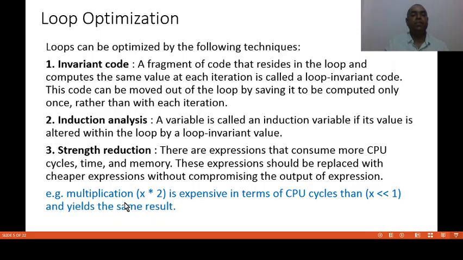For example, multiplication is expensive in terms of CPU cycles, and it can be replaced by left shift operation, and that yields the same result. But the left shift operation takes less number of CPU cycles as compared to the multiplication operation.